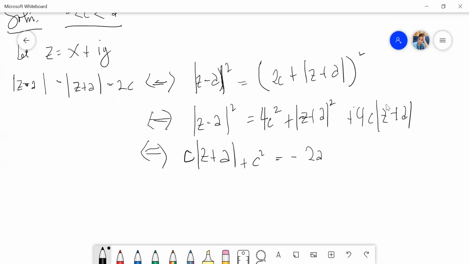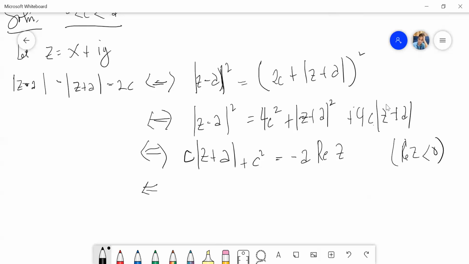I'm sorry, it should be negative a, the real image of z. Of course, in this case, your real image of z is less than 0. I transfer this to the left side, I transfer this to the right side, and I divide both sides by 4. If I divide this by 4, I would get negative a times the real image of z. That's actually a property taken from the previous video about the real image and imaginary image.